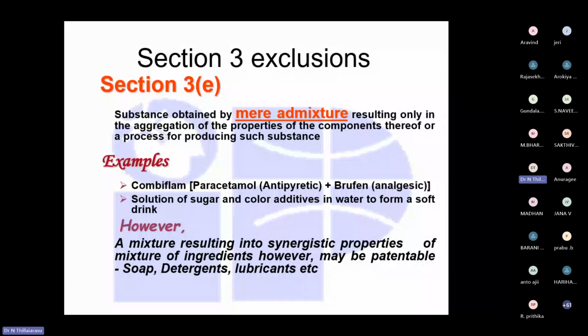A mixture resulting in a synergistic property of a mixture of ingredients, however, may be patentable, like soap, detergent, lubricant, etc. That is all about the synergistic property of the particular thing.